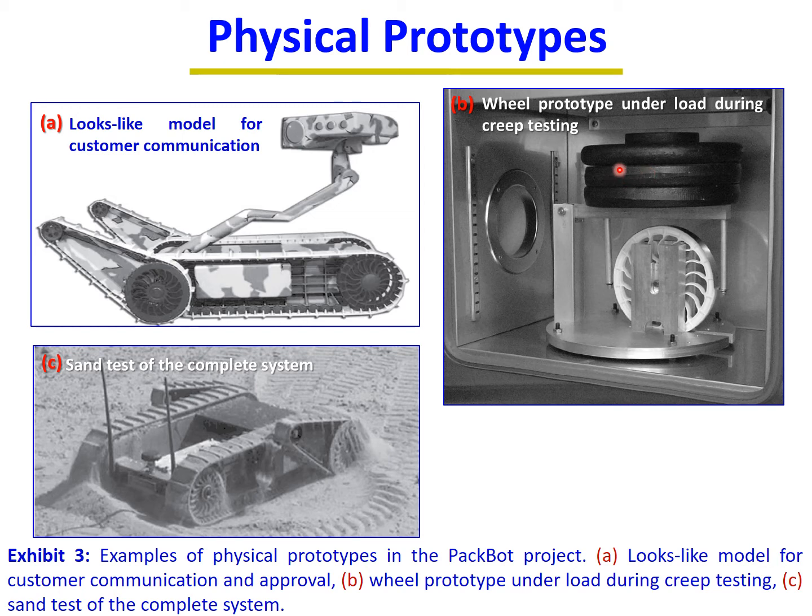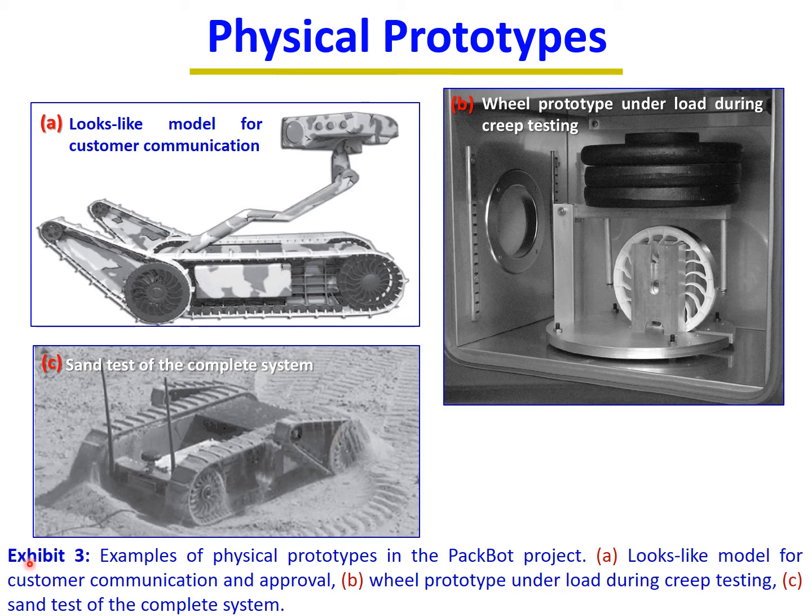Similarly, the temperature is low. It's not very high. It does not directly change the shape or deform the product. But if that small temperature is there for a long time, then it may seriously affect the performance and so on. So we are doing just the prototype of the wheel so that we can do creep testing under load and temperature. C, sand test of the complete system, right? So you have actually made the complete thing and you are doing a complete testing of the whole thing. Say if you have to drive through desert and sands, what will happen?